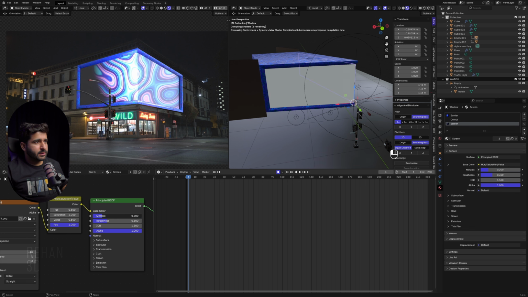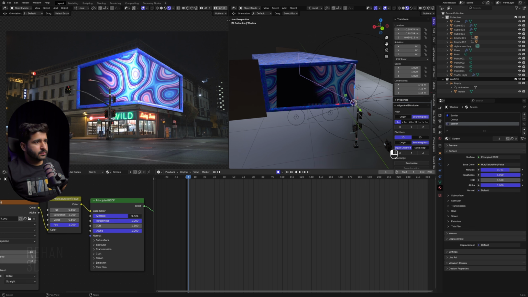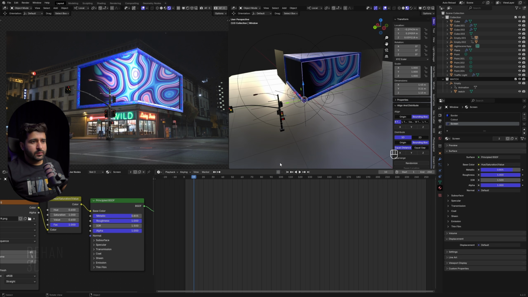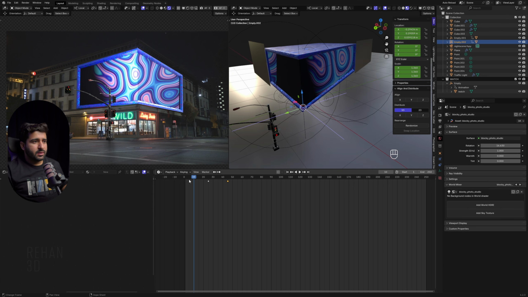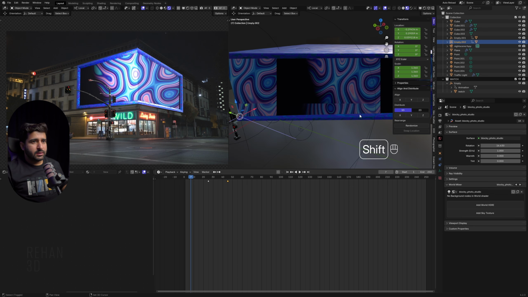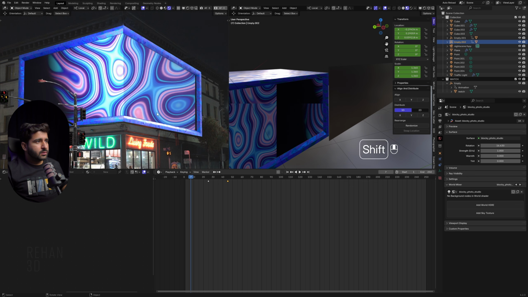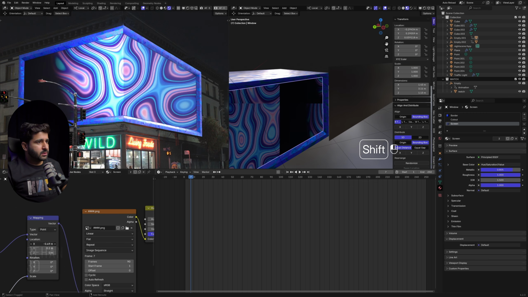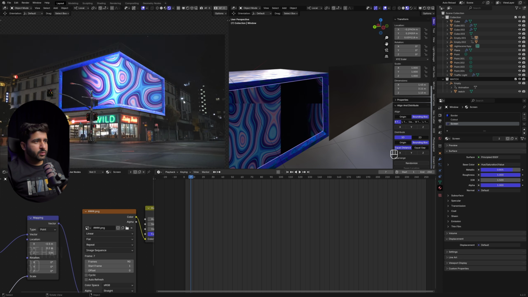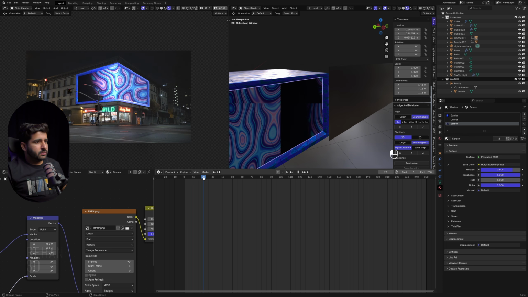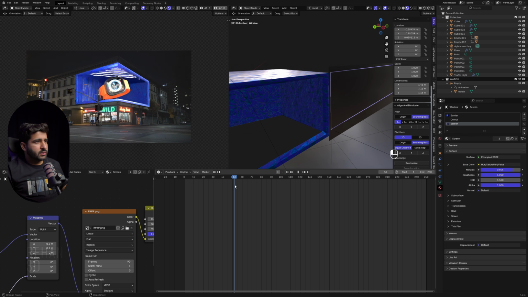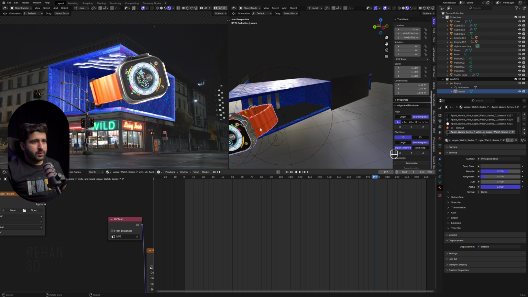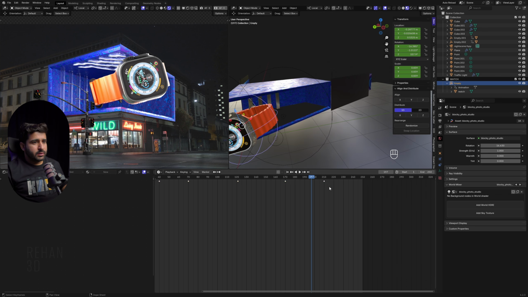Let's adjust this screen. Turn off this auto keying because sometimes it makes a mess. So just make sure of this, and why are we getting this, so let's just, yes, this is because of this. Now it's looking good, and here we see again this moving fast at the end, so move it here.